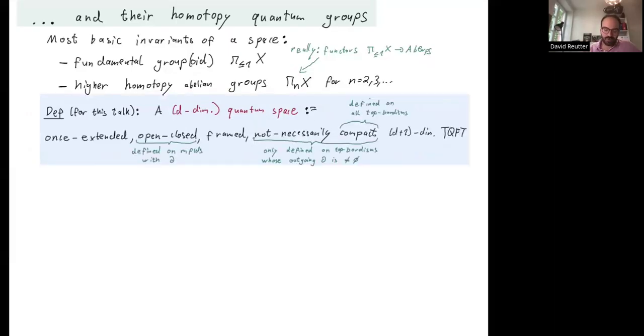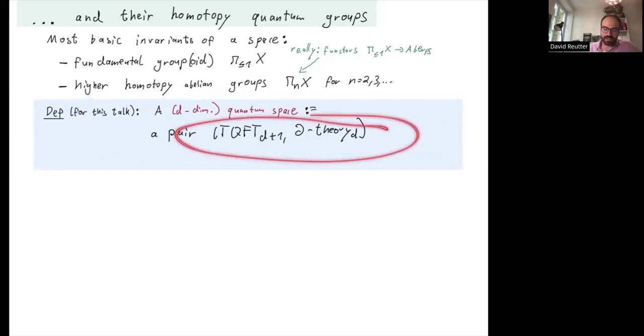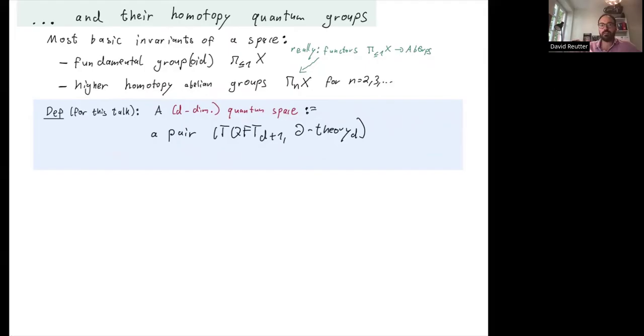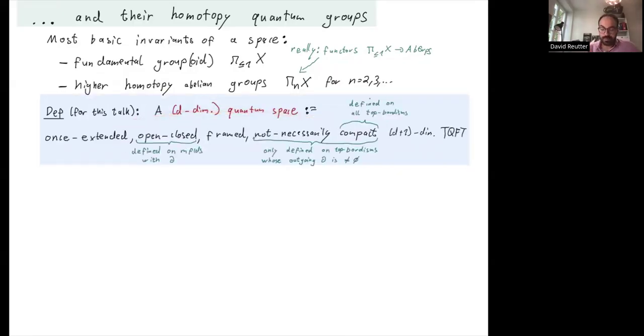And so let's try to define this. So far, I've just vaguely referred to what a TFT and a boundary theory is. Let me be more precise, just for the things that I need today and for this presentation. Let me actually define what I mean by this, to move into mathematics. And what I mean for this talk and for everything I'm going to say today, that's not what I mean in general, but that's what I mean today, is